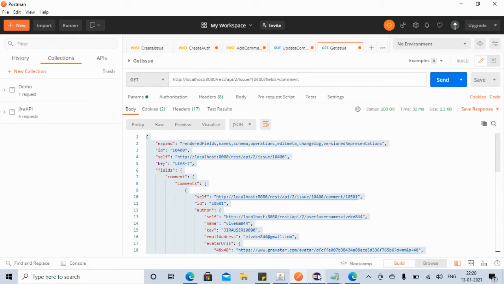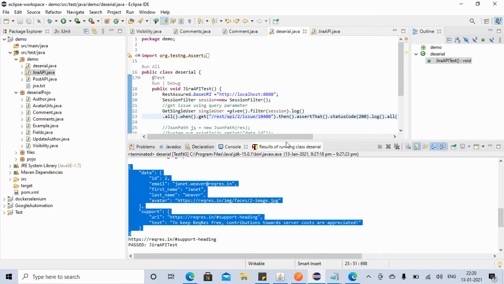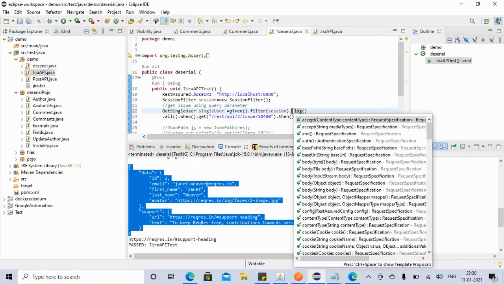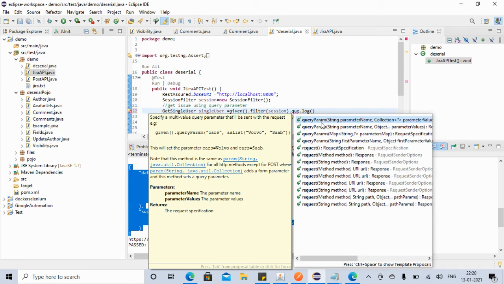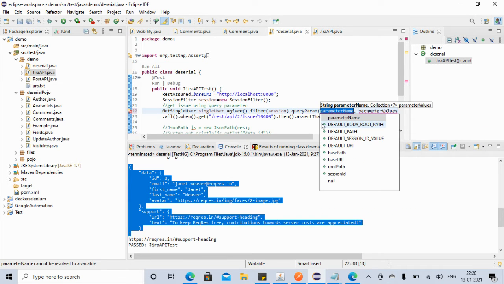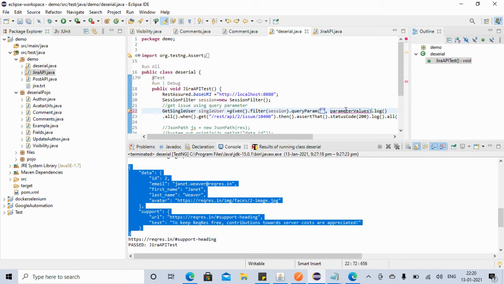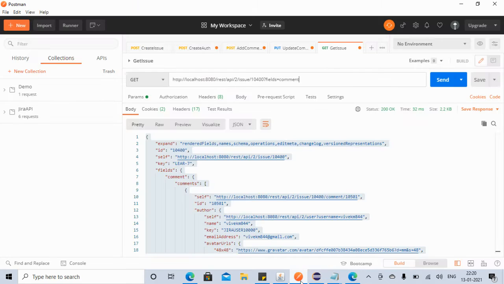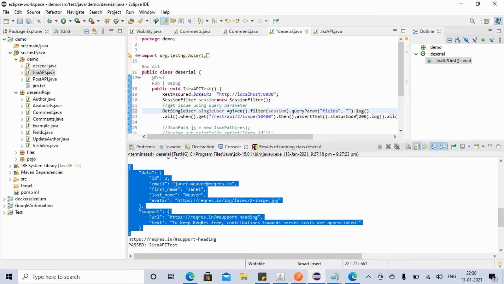Just say query parameter here, fields, and the parameter name is comment. So we are providing this query parameter.